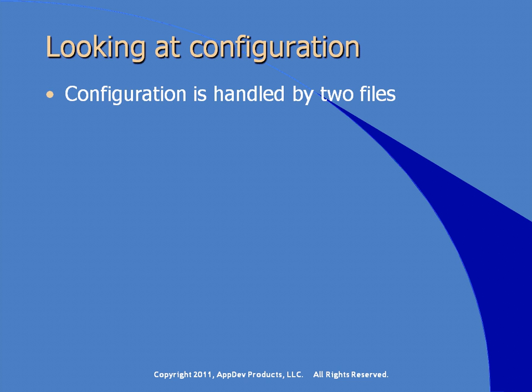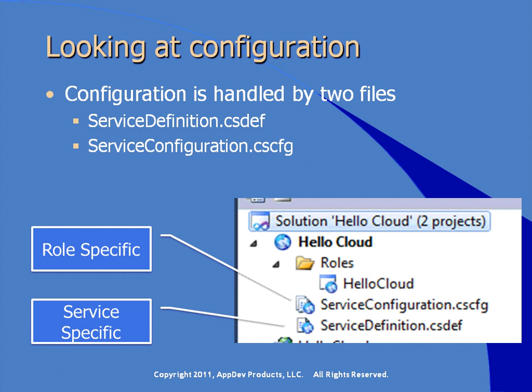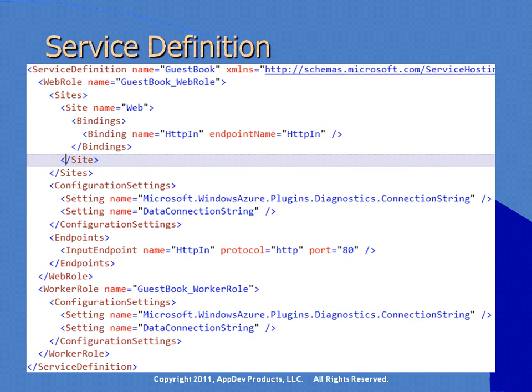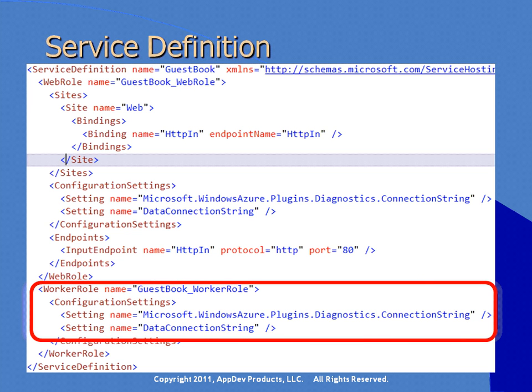Configuration is handled by the service definition and service configuration files. Role-specific information is contained in the service configuration file, and the service-specific information is contained in the service definition file. So let's take a peek at a sample service definition file. In this file, we see that this application includes both a web role and a worker role. The web role has its defined external endpoints, while the worker role is internal and by default has no exposed